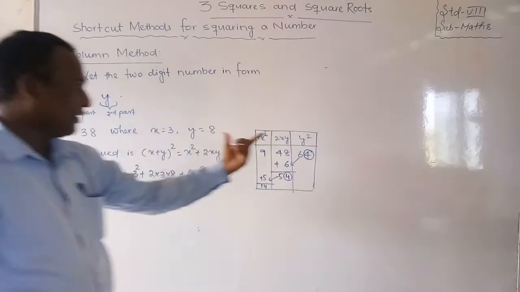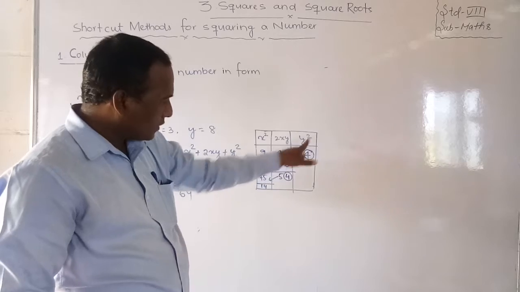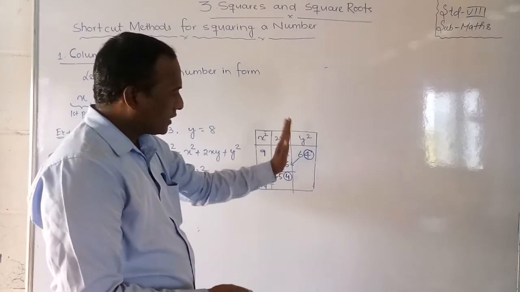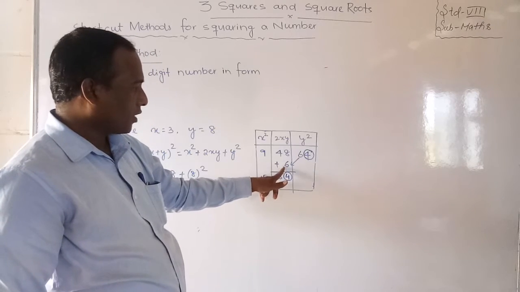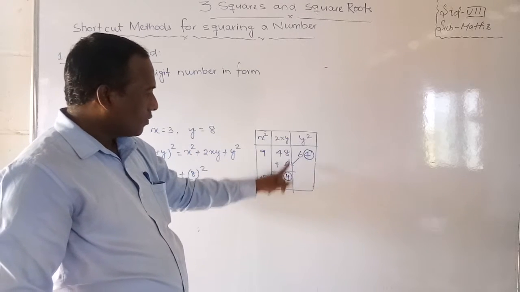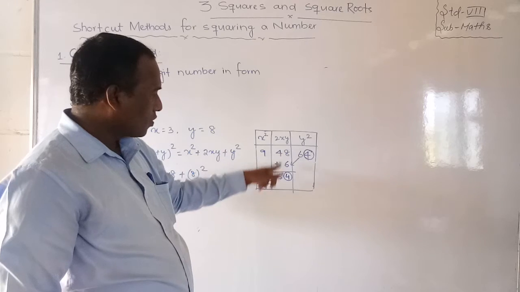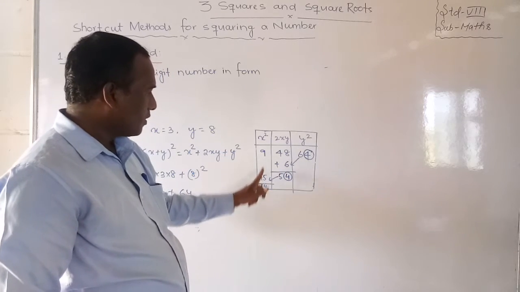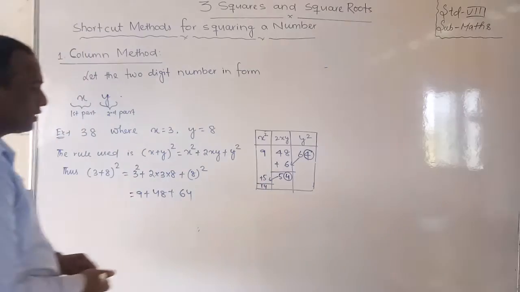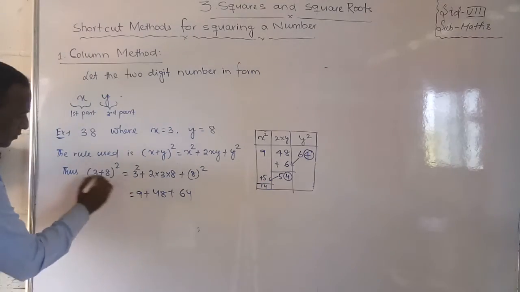Whatever number we got, I have written here, and that unit place, the first digit on the right side, I kept rounded, and this digit I brought to the second column, and I added here 8, 6, 14, carry 1, 4, 5. So next, this place, the right side place, I kept rounded, and this 5 I brought here and added, 14. So now what answer came? Now we can write it.